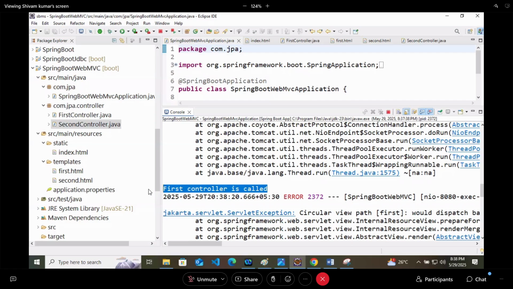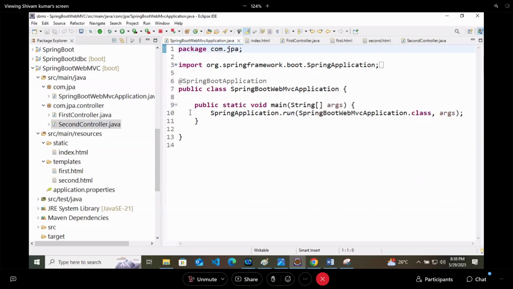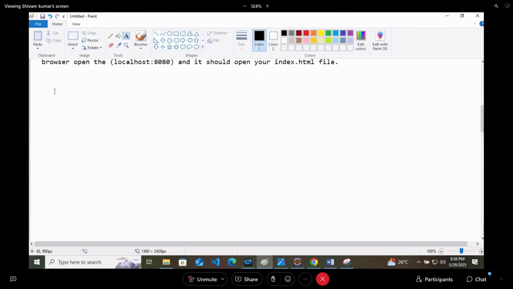My question is this: where is dispatcher servlet, and where is internal resource view resolver?